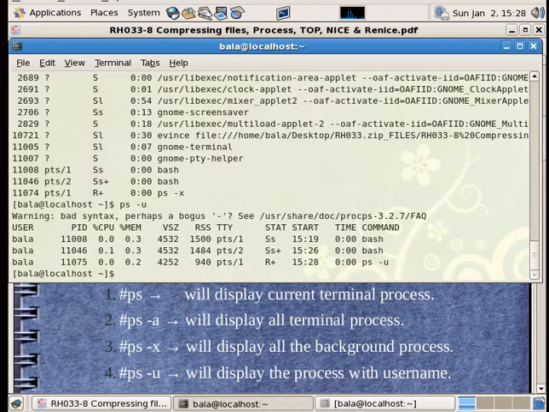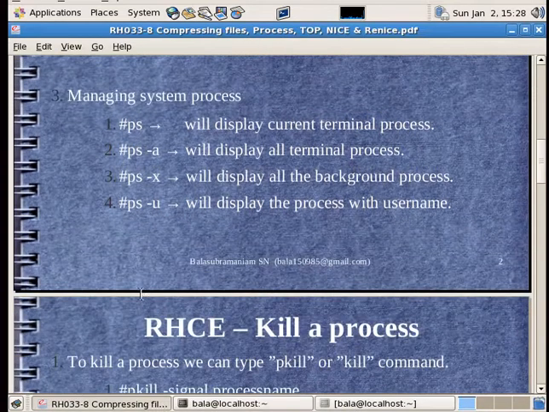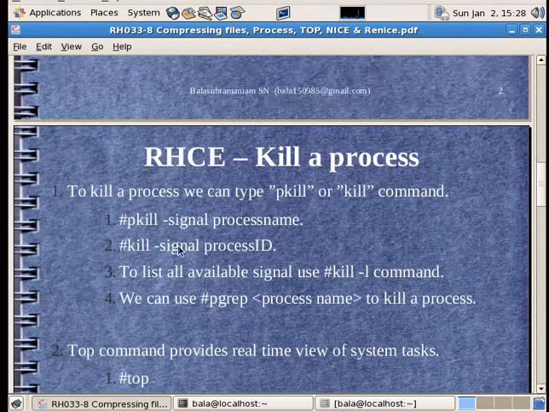I have opened two shells, this one and this one. So it shows pts/2 for that bash, another bash, and so on. I can actually mix all these things, ps -aux also.